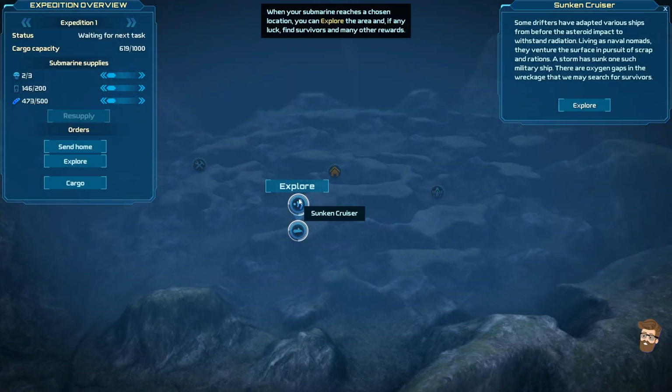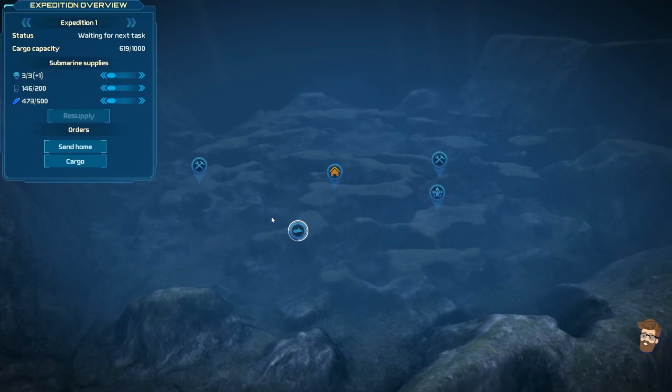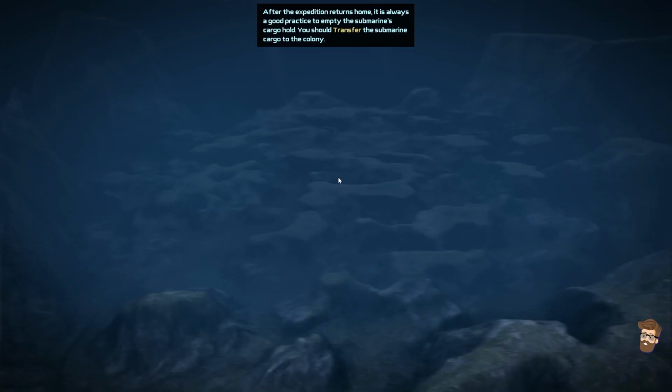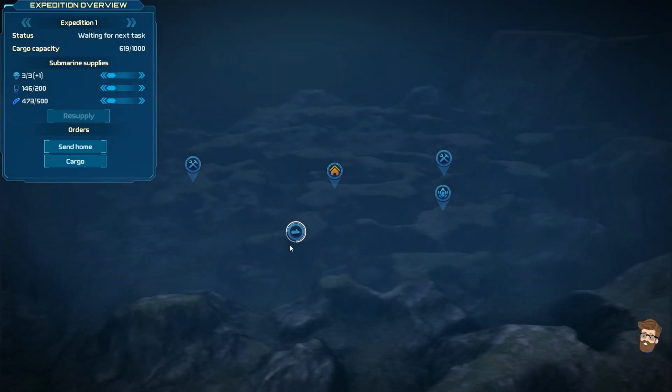Oh. We've reached there, so let's go ahead and explore. Some drifters adapted various ships from before the asteroid. Okay, we saved 2 engineers. So we have the nuclear silo. Yeesh. Oops. Our first time actually using the expedition menu, so...